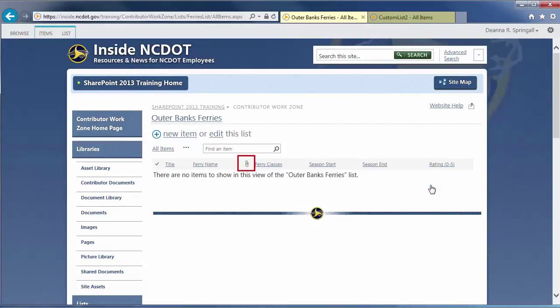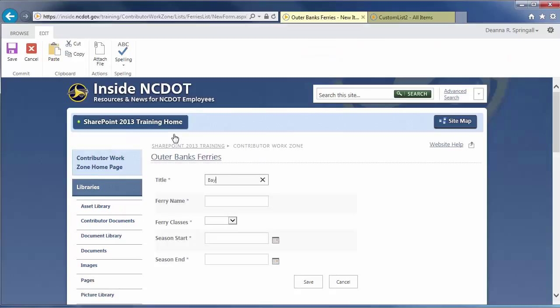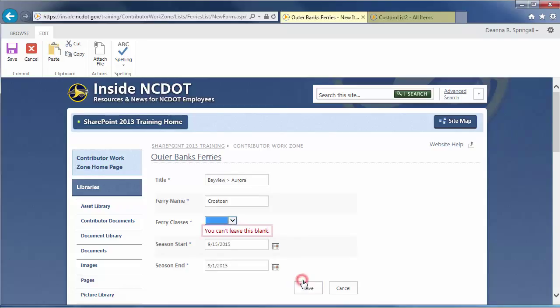Here's the Attachments column. We have our list set up, so let's add some data and see how that is affected by the columns and settings. Click New Item. Add a title, season start, season end, and ferry name. Click Save. We forgot to define ferry classes, and it's a required property, so let's do that, then click Save